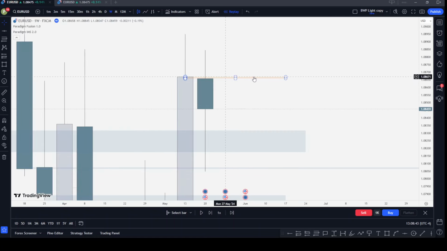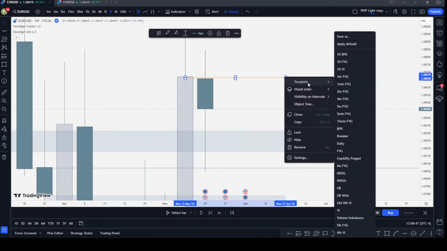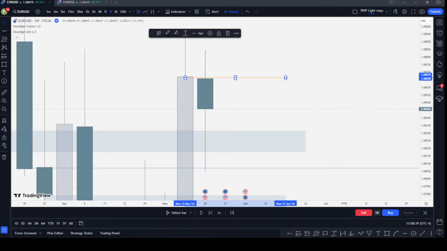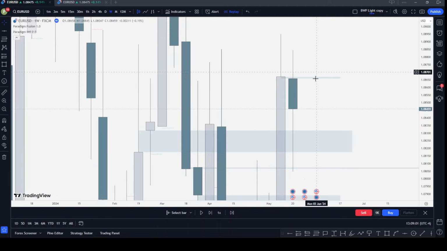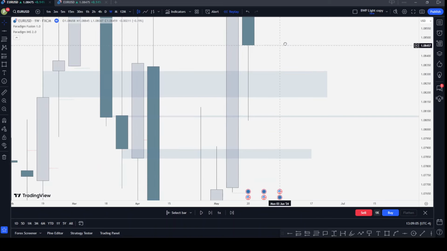We have this new week opening gap right there. So the first thing, remember, you want to mark out your new week opening gap